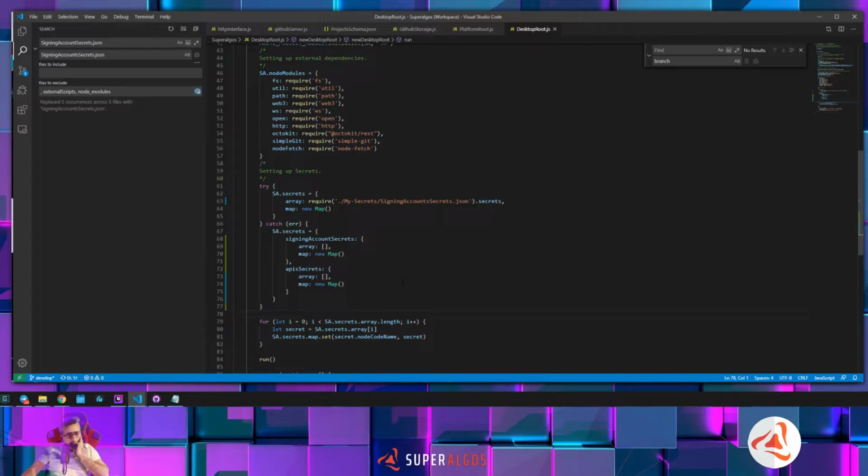Hold on. If we have an error here, I don't want to initialize all this. Probably